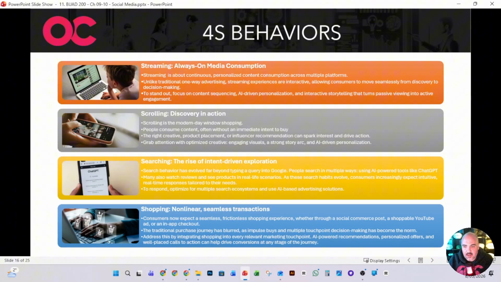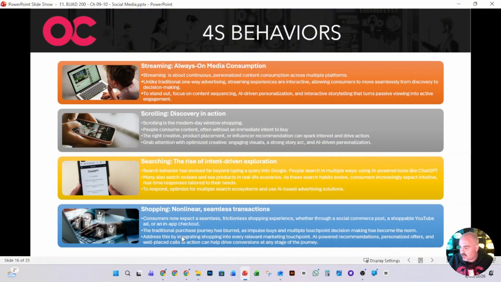It's not like going to a store where you would research your product and then go to the store, find what you're looking for, take it to the counter, purchase, step by step by step by step. Social media shopping is all over the place. You might see an ad, then you might do some research, then you might go to a brand. You might then go back and do some more searching. It is non-linear. It's all over the place, right?